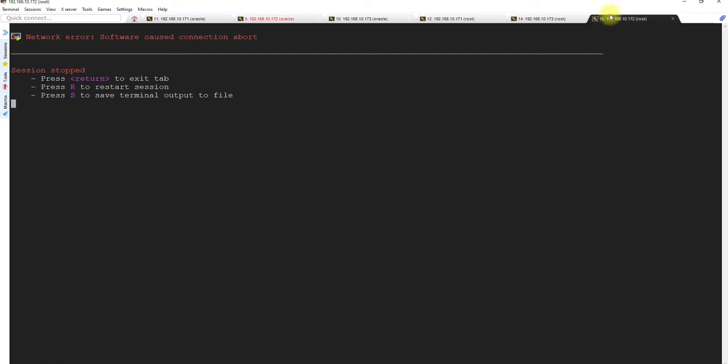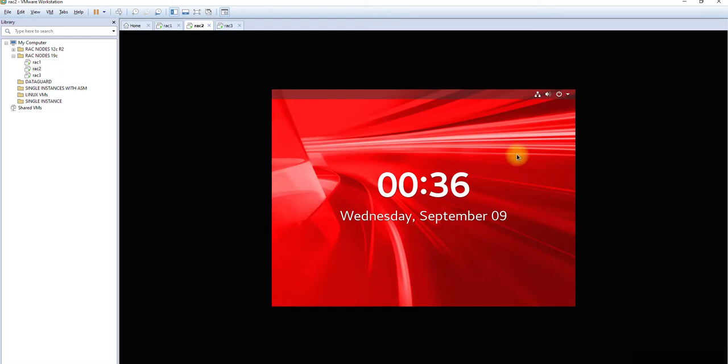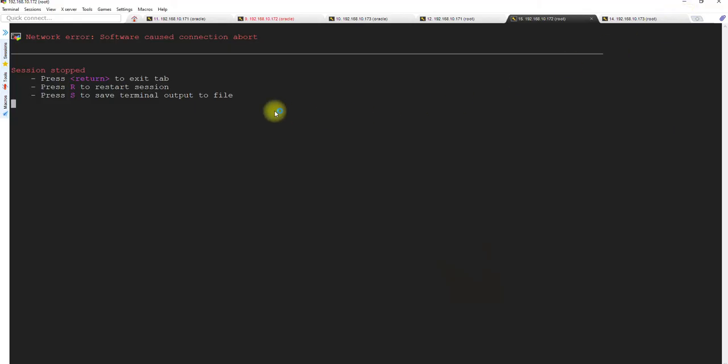Why is the second node slow? It seems like it is very slow. It is up. I don't know what has happened. Just a second, let me validate it again.